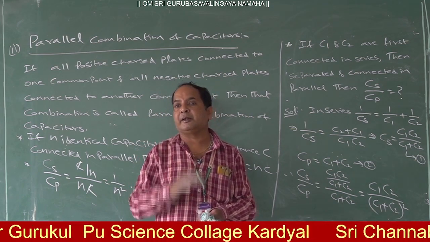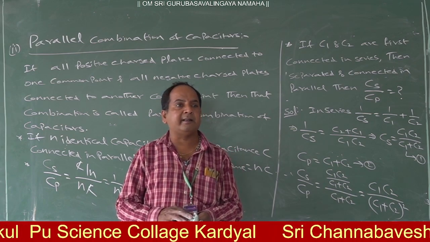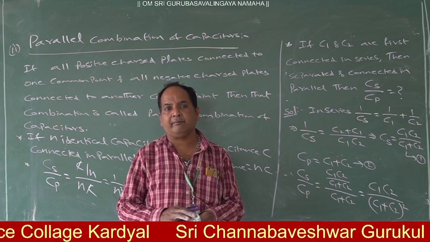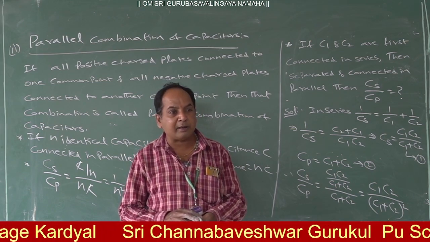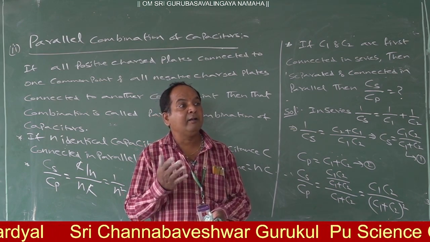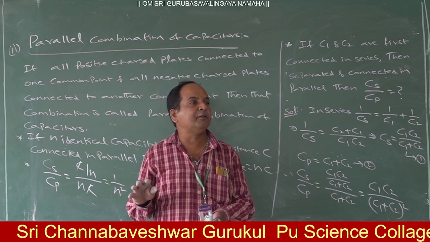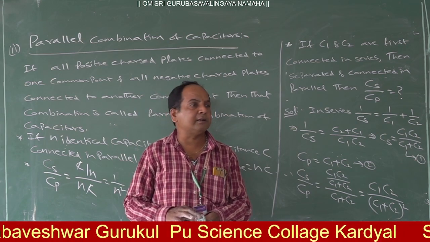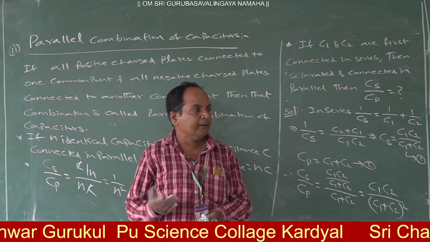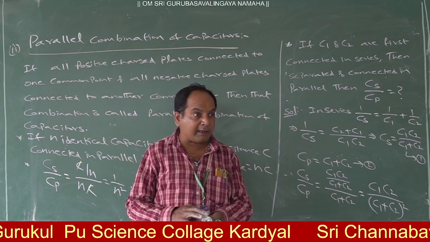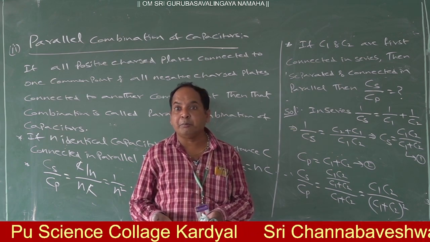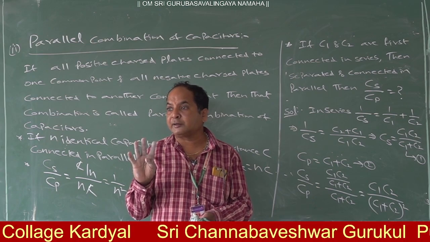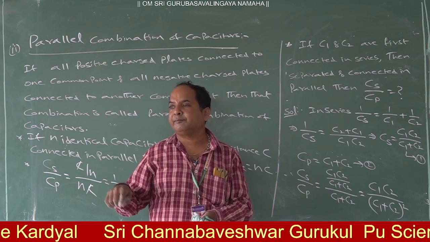Similarly, in parallel combination it should always be greater. Suppose parallel combination is done, with 2 farad, 3 farad, 4 farad given, and you got 1.8 farad. No, that should be greater than the individual. The maximum is 4, so the answer should be greater than 4. If you got 2.5, wrong. If you got 3.9 farad, wrong. The answer should be greater than the maximum.